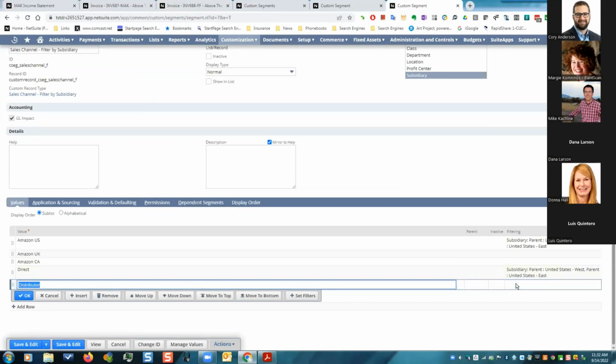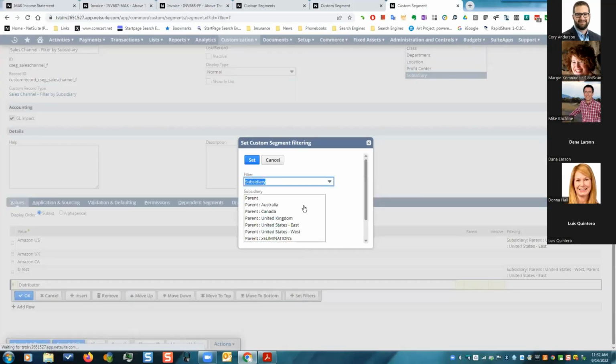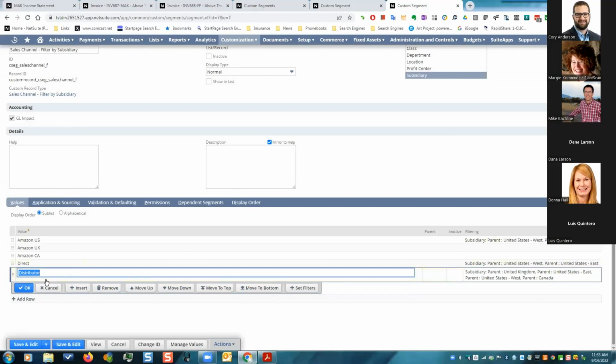Well, how do I add the filter? It's down here, set filters. So I can just say, okay, for distributor, I want to be able to say it's any of these options here. Okay, so now I've set that, basically saying any of these, Canada, United Kingdom, United States, can all sell through a distributor. I set that, I save that,